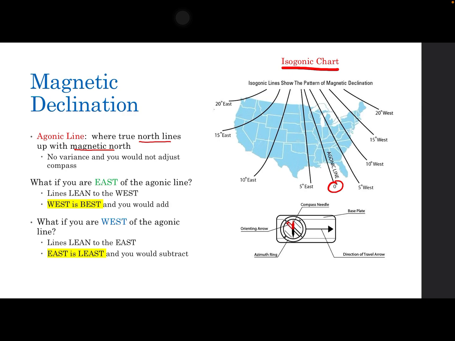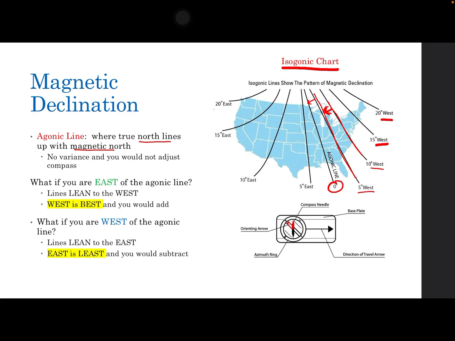when you go east or west in the United States, you can see these lines are going to bend. So these degrees, as you go towards the eastern United States, the numbers are west because you can see the line is bending towards the west. So that's why, even though we're in the eastern United States, they're measured as west. And because they're west, remember that,